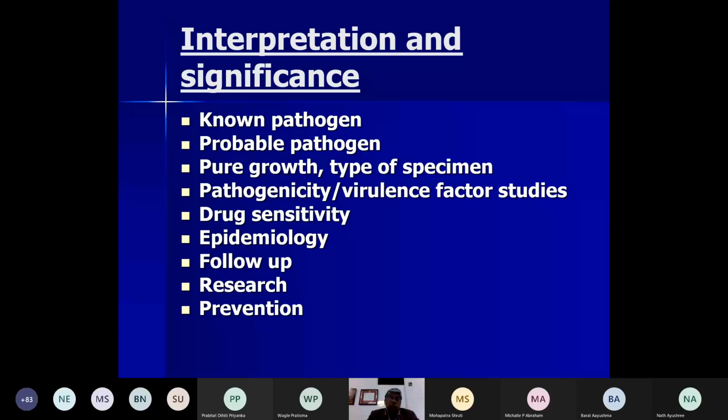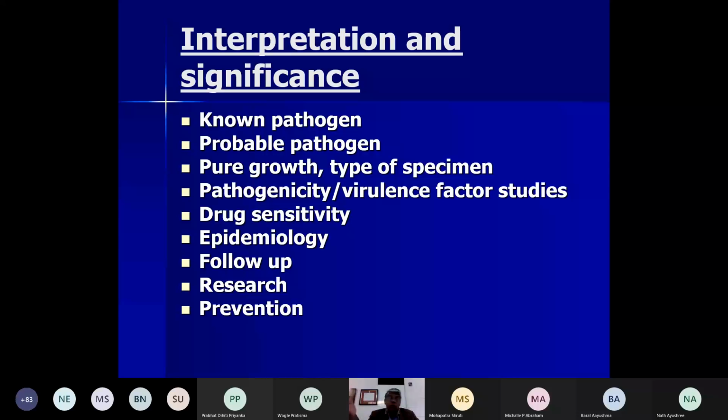So here we can extend our study of isolation into therapeutics, as to what treatment should be given. We can extend that isolated organism study into epidemiology. Is this organism same or similar to the organism isolated from many other patients? Yes, then it tells us epidemiologically that this virus